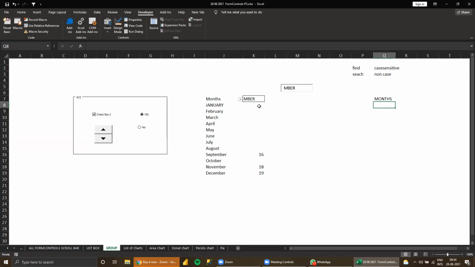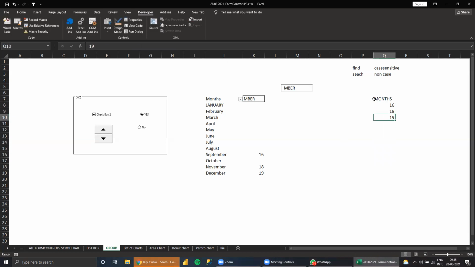Which formula can you use to get the numbers consecutively together here? All the numbers should come here, like 16, 18, 19.